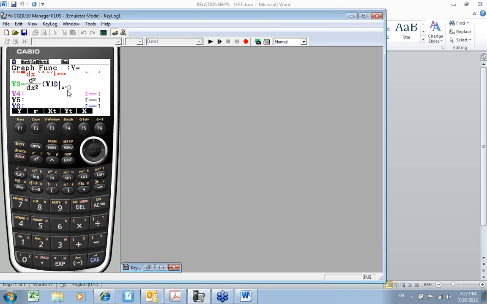It's not like the TI-89, the computer algebraic system. So we need to execute. Remember, it'll all turn the color that it's supposed to be when you're ready to go. Then I'm going to hit draw.